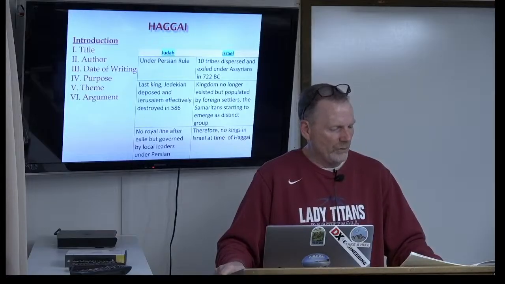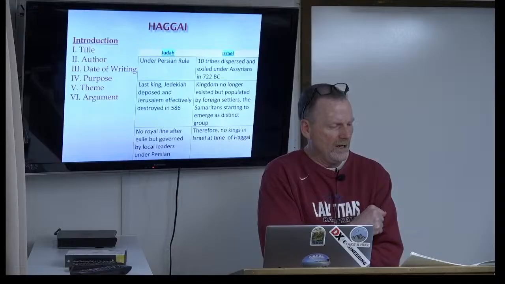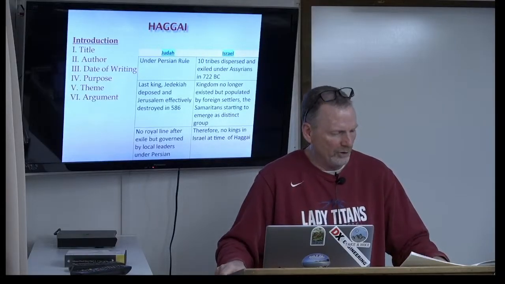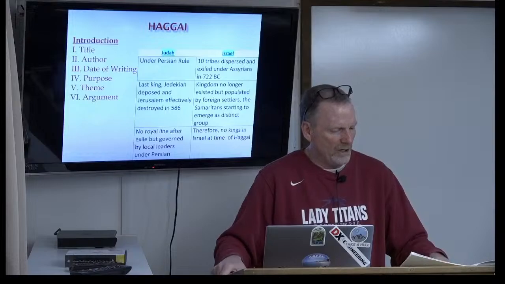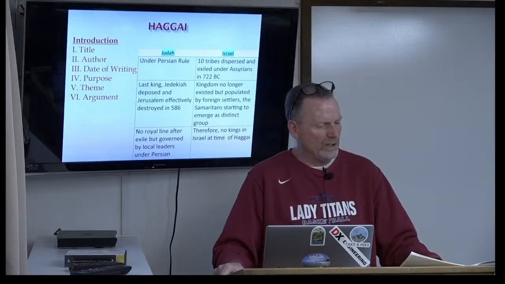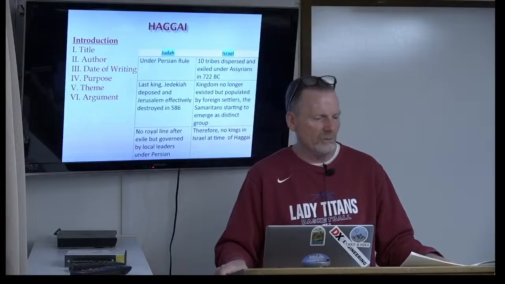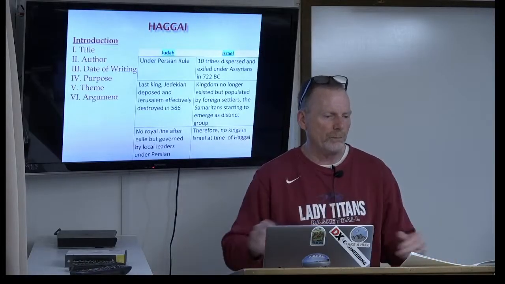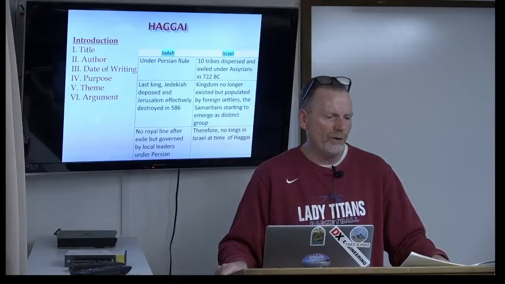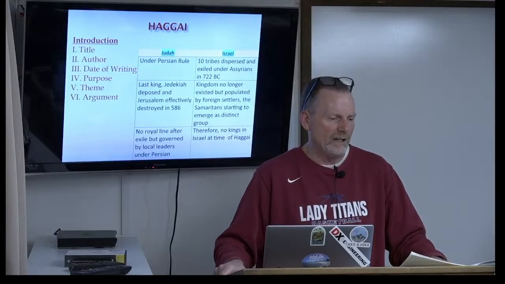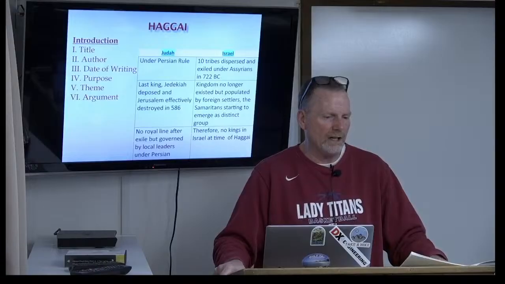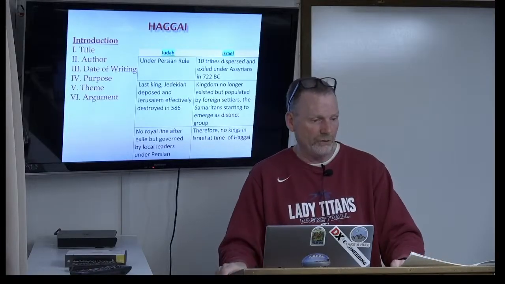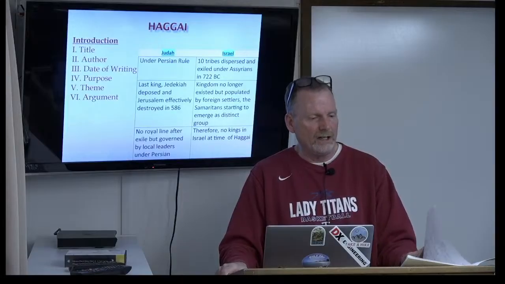Haggai's third message was a call to moral purity. The impurity of the people was defiling the temple they were building. Now that they were being faithful in rebuilding, God would once again begin to bless them. And his final message was a promise of future protection for Zerubbabel, the governor. Zerubbabel did not need to fear the surrounding nations because God would overthrow them and establish Zerubbabel as his signet